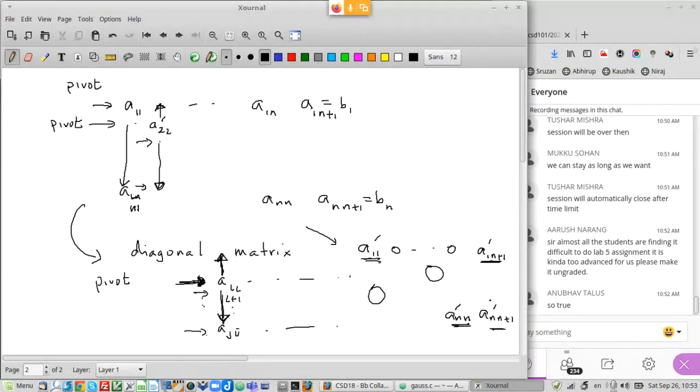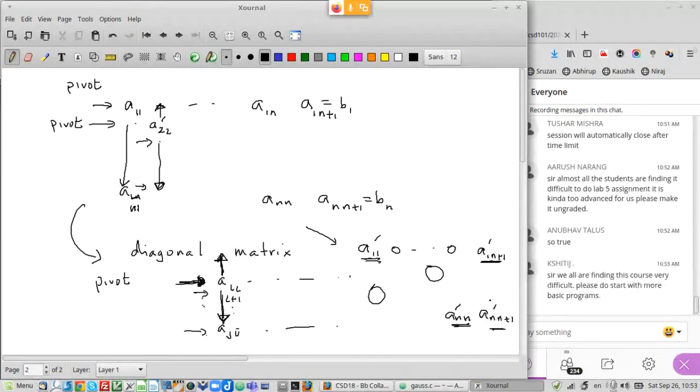In all the help sessions, very few people are coming, so it is very hard to figure out that some of you are finding it hard. If you are finding it hard, those help sessions are announced. Please attend them, and let us discuss all these issues regarding the labs in the help session. That is the whole idea of having the help session. We are having a help session every week.